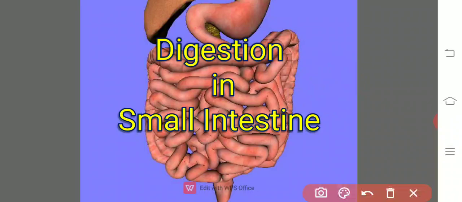Although the bile salts are there, there are no enzymes at all, so they are unable to digest the lipid material. As the digestive enzymes are absent in the bile juice, this bile juice is not used for the digestion of lipids. But the bile salts play a major role in the emulsification of lipids.